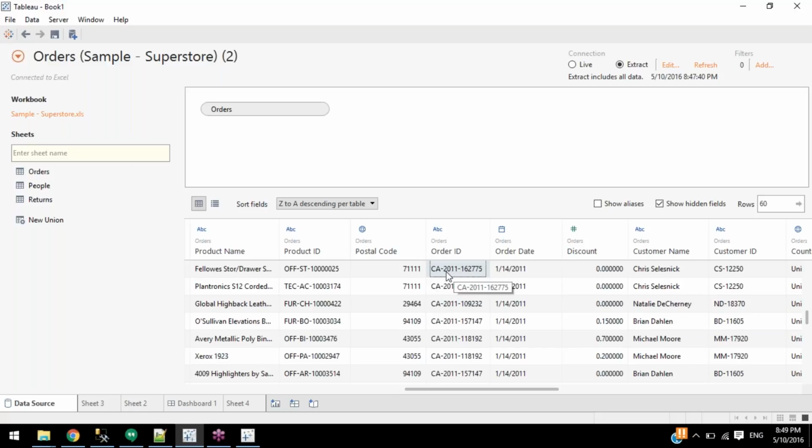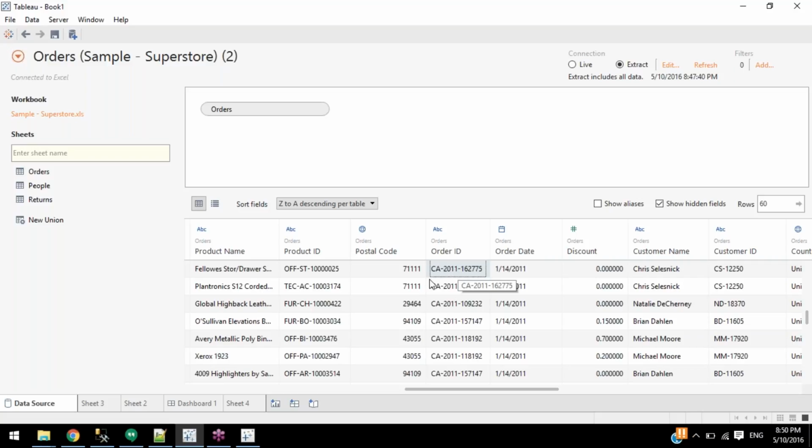So when CA is not there, are you saying that for some of the elements CA is not there, or for all the elements? No, only for a few elements. Okay, only for a few elements. So then what will happen is that